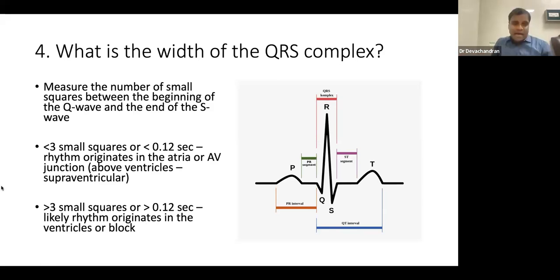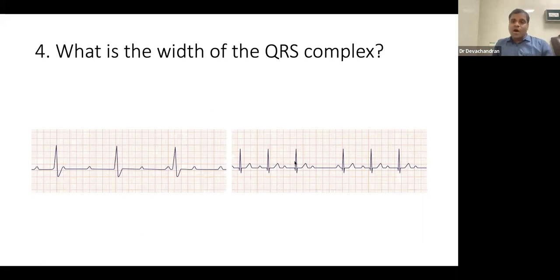So 2 examples here. On the right, I have one small square, 2 max. So that is supraventricular origin of the rhythm. It's a narrow QRS. On the left, I have 1, 2, 3, 4, about 5 small squares. So it is a broad QRS. So it is a ventricular origin QRS. This is supraventricular origin. This is ventricular origin QRS. Okay. Next,